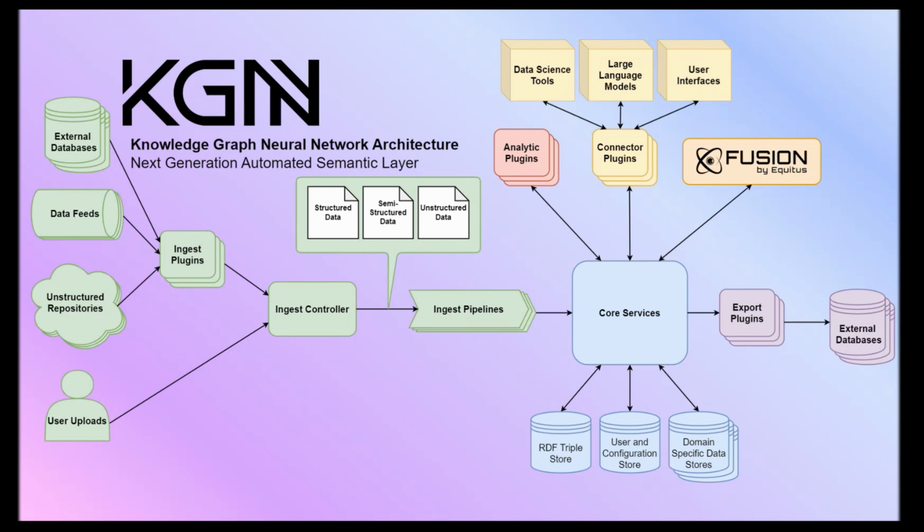All of those data artifacts flow through our ingest controller, which handles submitting that data to an appropriate ingest pipeline. And the ingest pipeline is really where Equitus has a lot of our intellectual property. We have a handful of ingest pipelines for different types of data. And the ingest pipelines are responsible for finding people, places, things, events, the relationships between those things, and then performing both co-referencing and disambiguation, which basically means